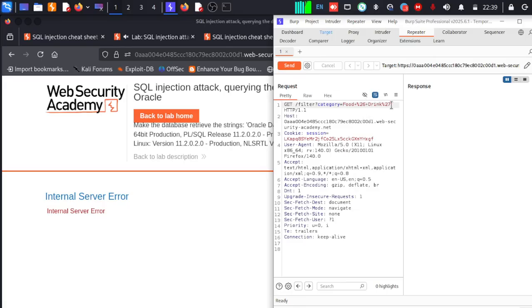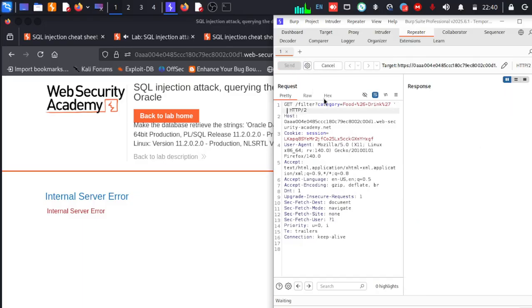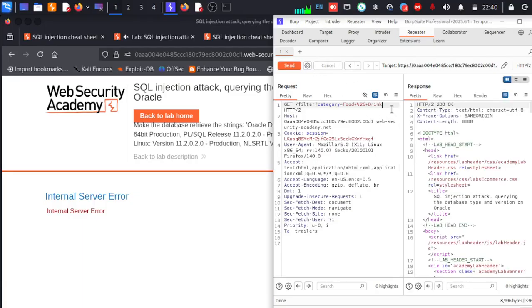category, the one that internal server request, it shows internal server request error. If I do, then internal server error, drink. Okay,